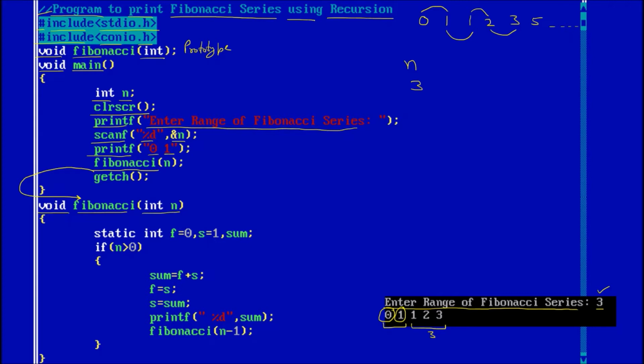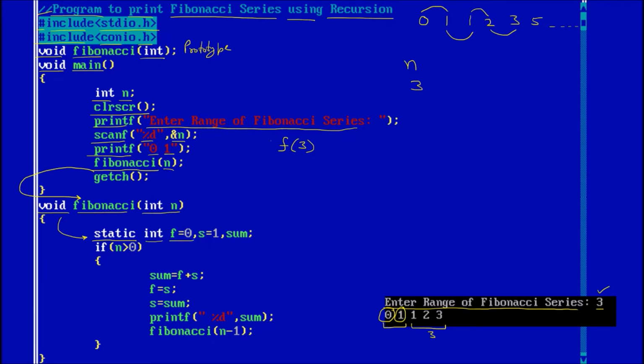Control will jump to the function now, and we are passing n. So what is happening? Let us suppose I say Fibonacci as f. So this program will call Fibonacci of 3, because the value of n is 3. Now what will happen? It will come inside. It will declare static variables. Static variables are those which take their value and keep it till the last. They hold the value. If I update their value, that last update will remain the same. It will not be lost.